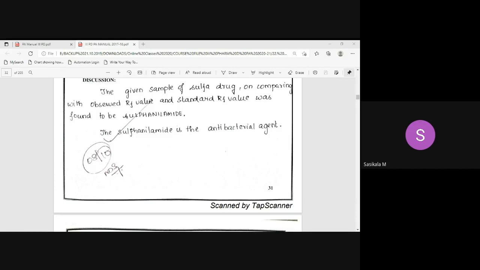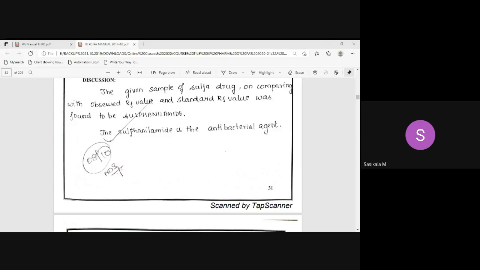When it is kept under UV light, in the UV chamber, when the TLC plate is kept inside after development, you need to find out what color fluorescence it is giving. It is actually fluorescence color. Every molecule will give some fluorescence color under the UV light. You need to find out the fluorescence color of the spot. What color fluorescence it gives. Okay. Color of the spot is to be referred and written at the place of color of the spot in your manual. Okay. So this is the question.